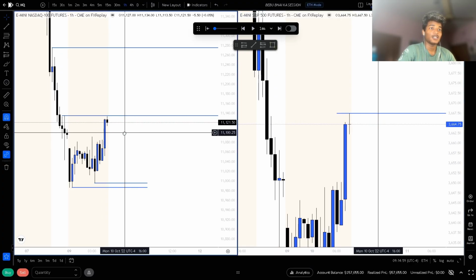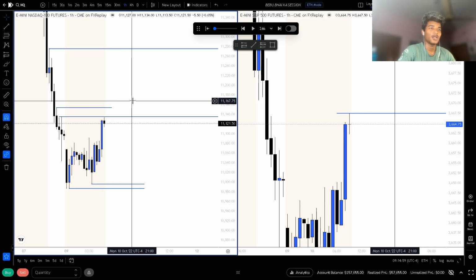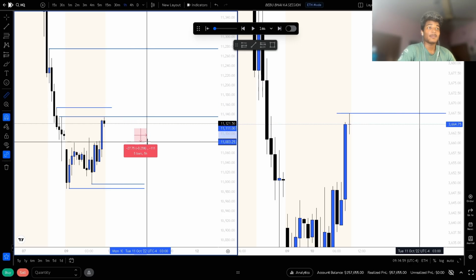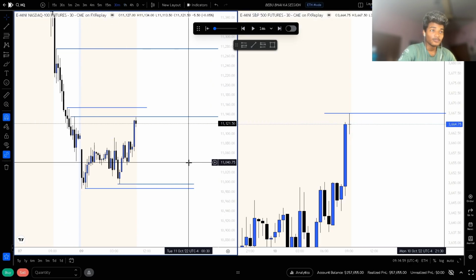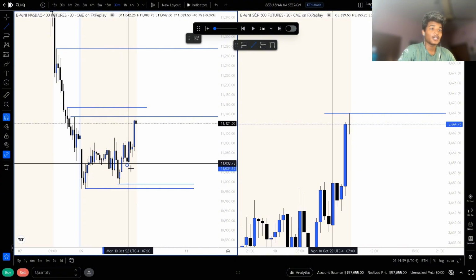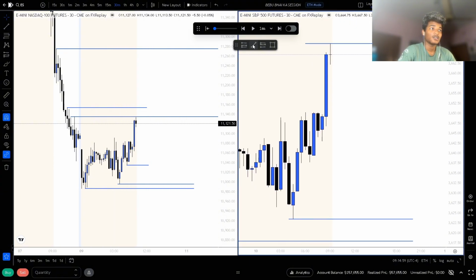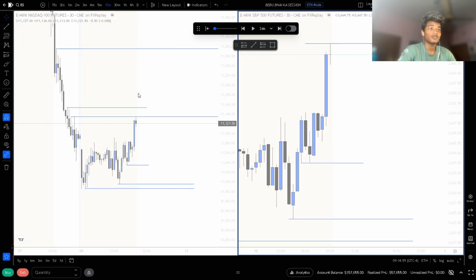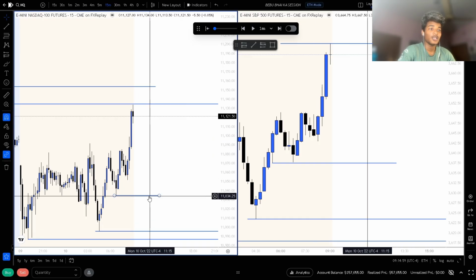We mitigated into this gap? No, not now, but I do think we are gonna manipulate into this gap, and then I can get high probability shorts. We have a 13-minute ITL at this point of time, which is also the 15-minute ITL. I do think that. And yeah, you can see this is also the 15-minute ITL.